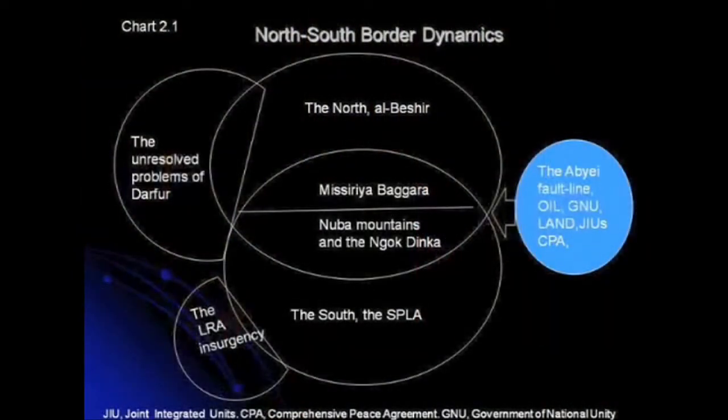We have basically this sort of sketch of North-South dynamics, with the North being represented by military leader Bashir, and the South SPLA, and the blue line, or the blue oval there on the right-hand side represents Abyei, the fracture point, the point of contestation, not only about the political borders, but the ethnic borders between Arab and Muslim north, and non-Arab, and sometimes Christian and pagan south, but especially at Abyei and nearby areas like Unity Province and Bentiu, we have oil. Oil in fantastically great quantities, and this has become one of the other major issues of the modern-day Sudan